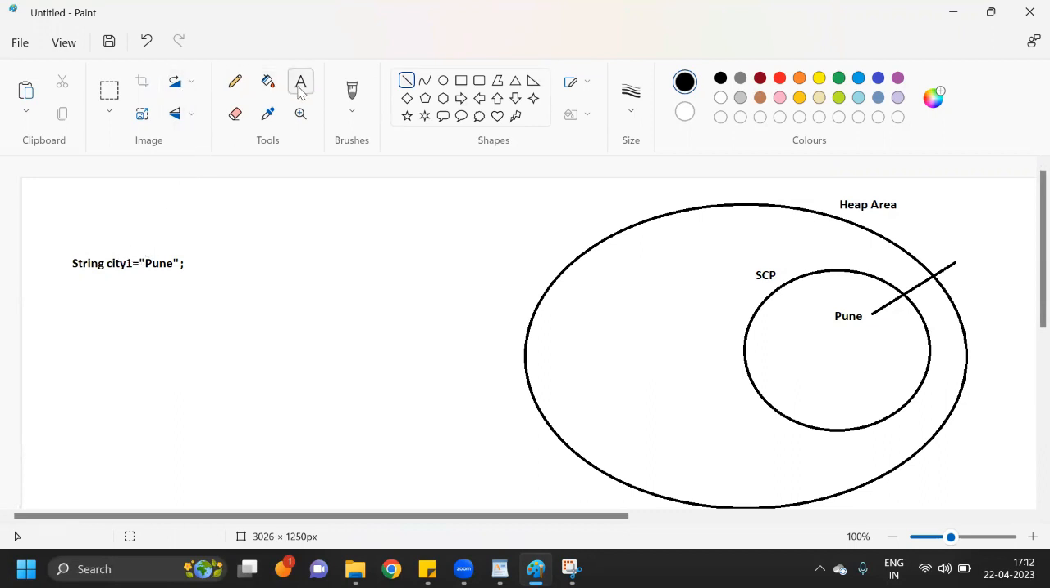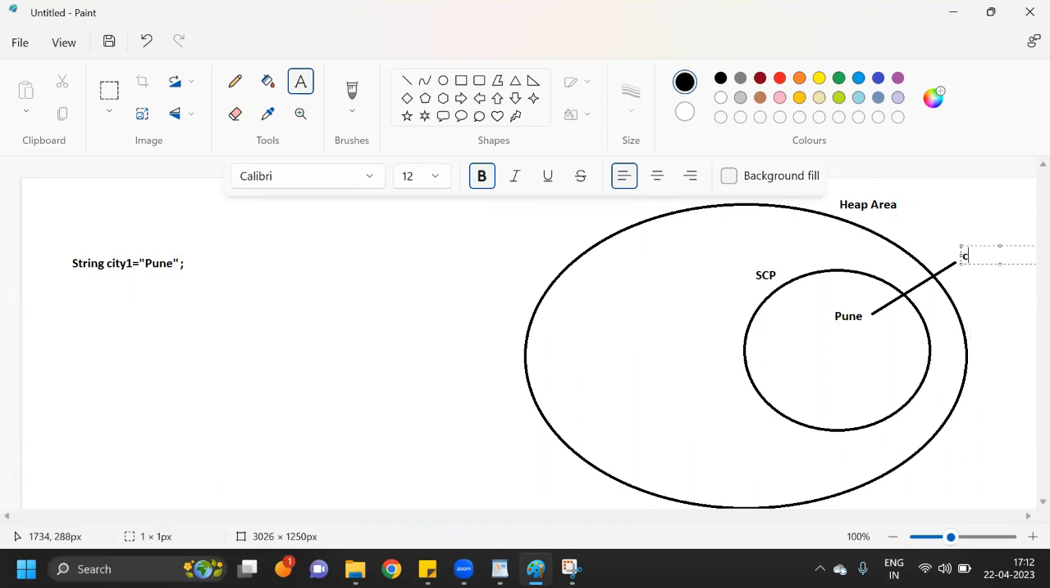Let's not make it big here. Okay, let it be city1, right? Now I'm going to create one more. In one city, maybe there are so many people, right? So let's say I am creating one more reference variable, city2, is equal to,